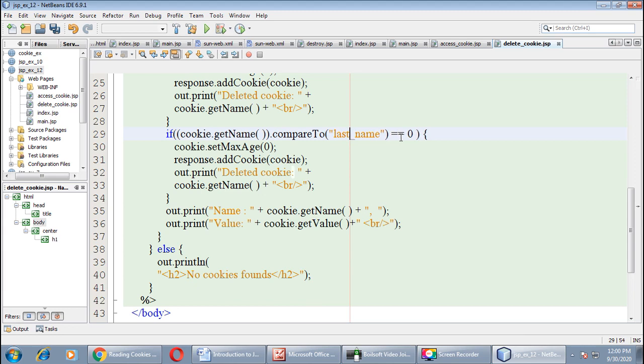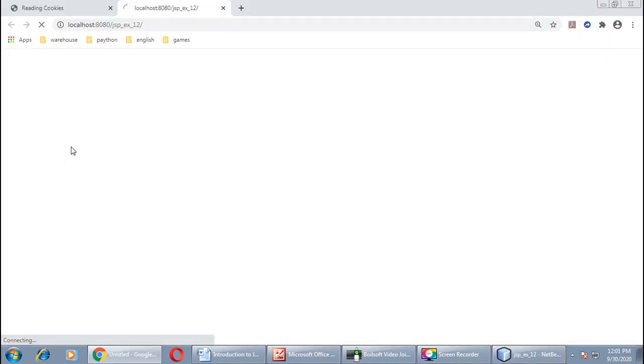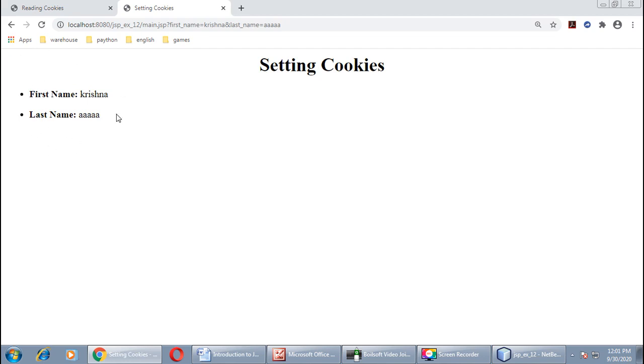Right? Run your example one more time. Enter the name. Click on submit button. Here we got the values for both cookies.